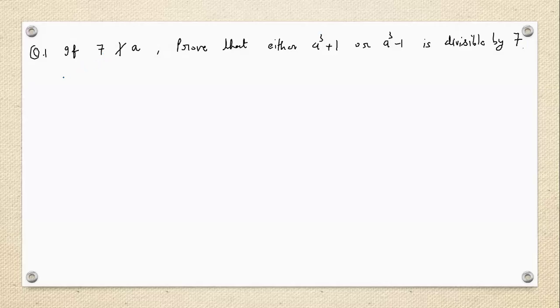Now, first of all we will write: since 7 is a prime, because you know that 2, 3, 5, 7 are primes, since 7 is a prime number, and already it is mentioned that 7 does not divide a, it means that GCD of 7 comma a is 1. So by Fermat's Little Theorem,